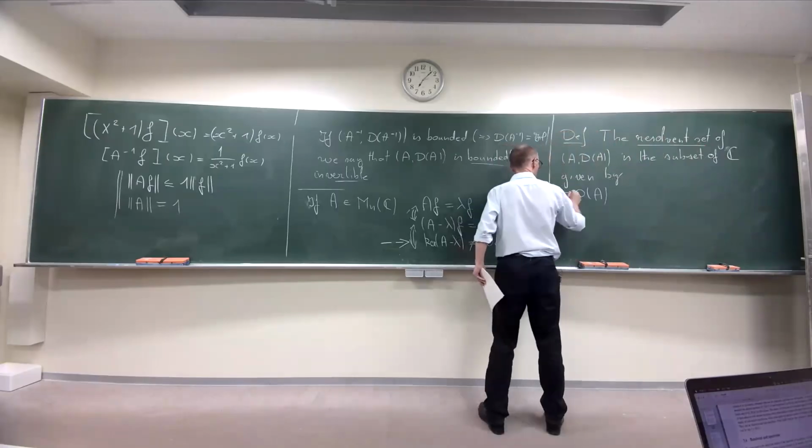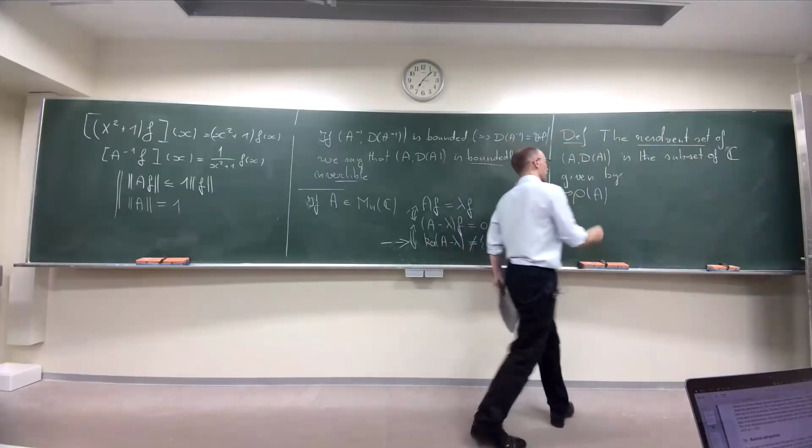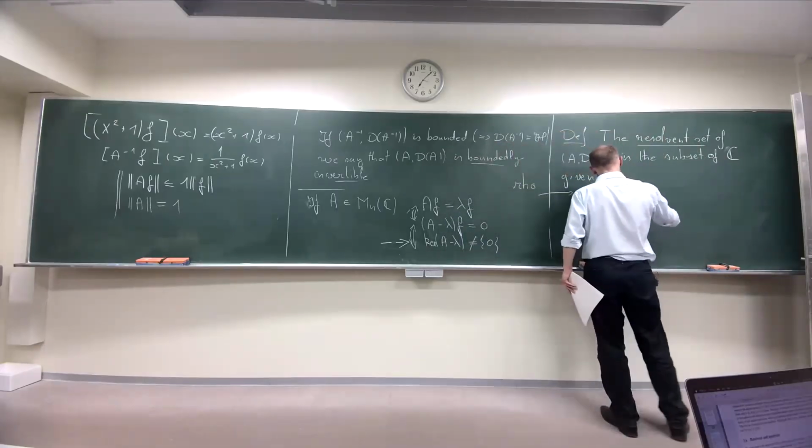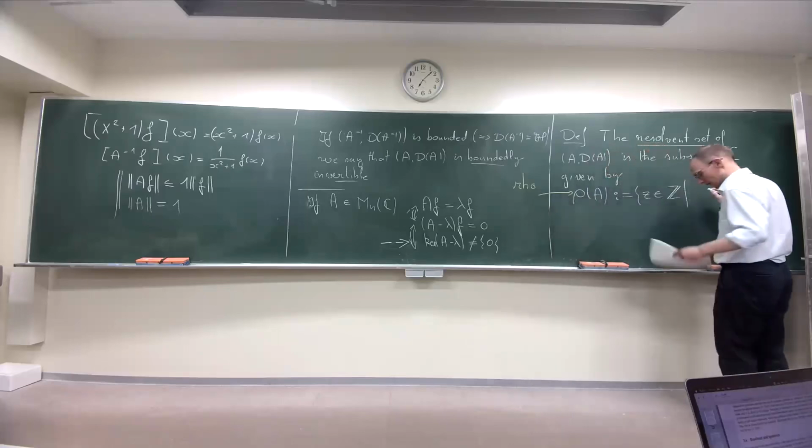This is rho, R-H-O. Rho of A is a set of complex numbers so that